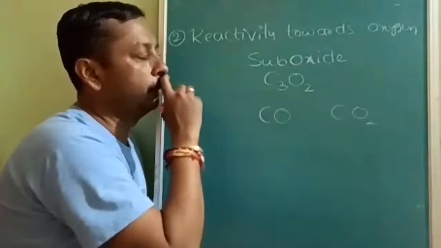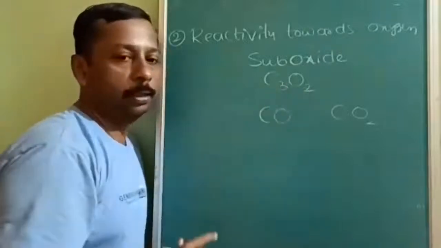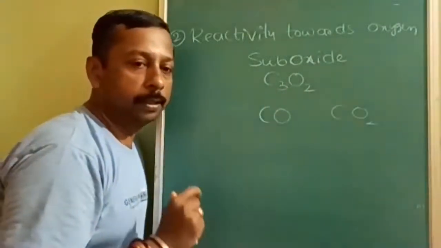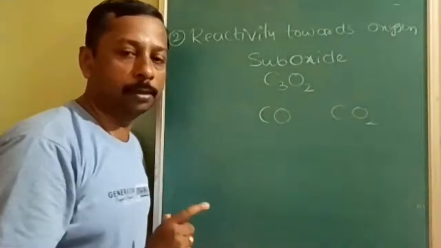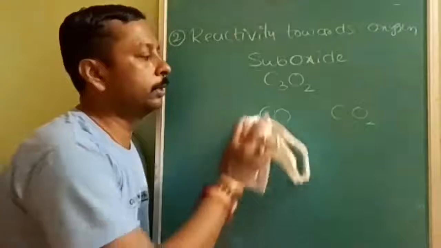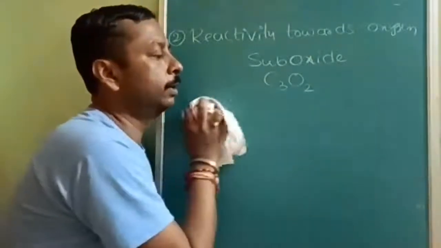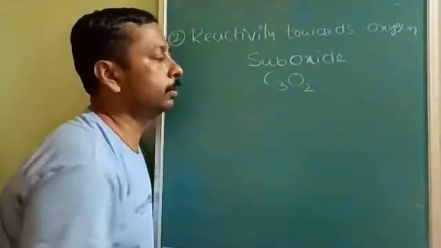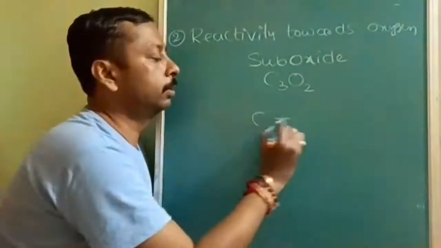Here this ratio will be how much? 3 carbon getting 2 oxygen. That means each carbon is not even getting one full oxygen. Okay, less than full oxygen. That's why it is called a suboxide, less than the required. Then it is called suboxide. Then carbon suboxide will be,